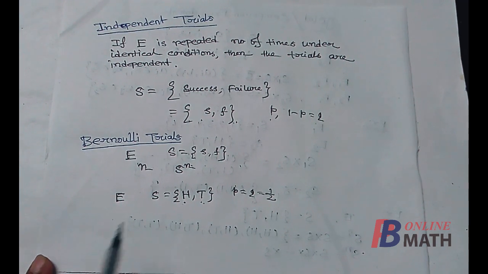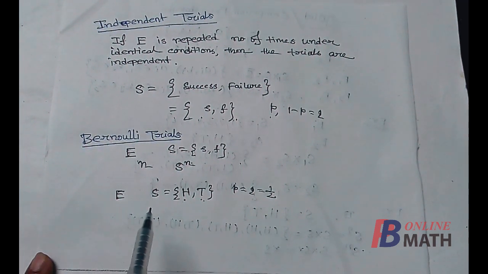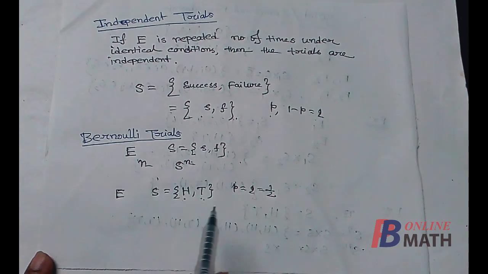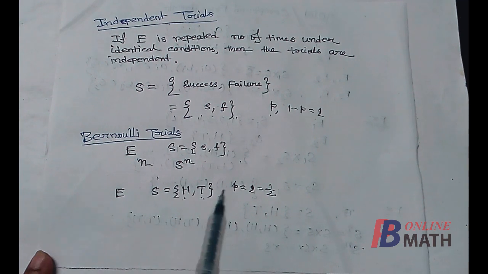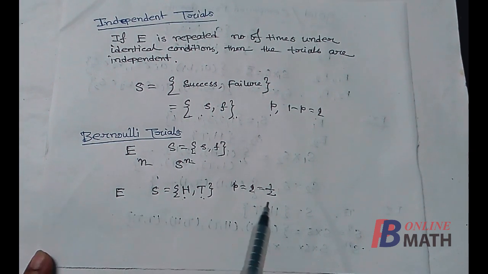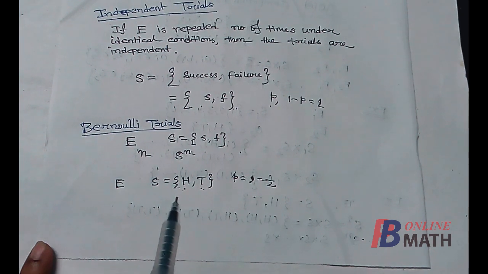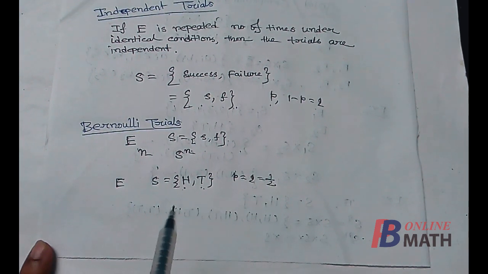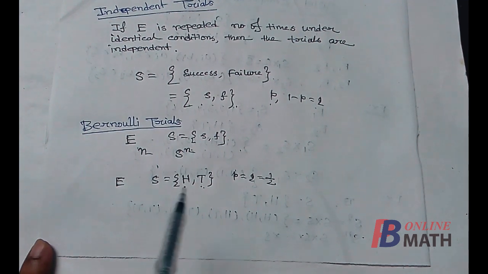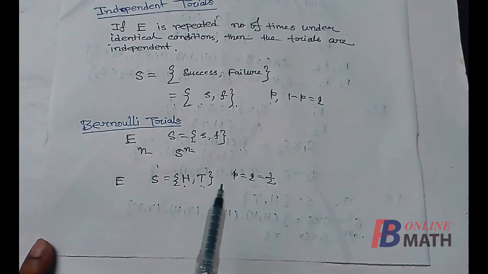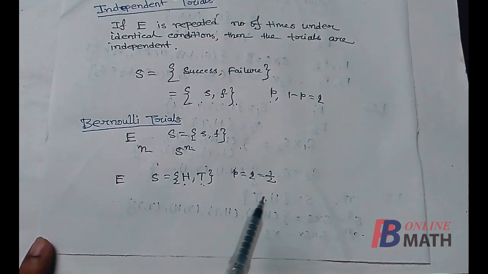Now if the coin is fair and if we toss this coin n times under almost identical conditions, then we know that the probability of head will remain half or constant throughout this experiment. In this case, we can call that this sequence of trial is an example of Bernoulli trial. Remember that in Bernoulli trials, the probability of success remains constant for each and every experiment.